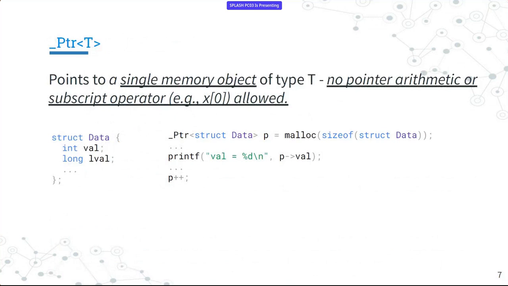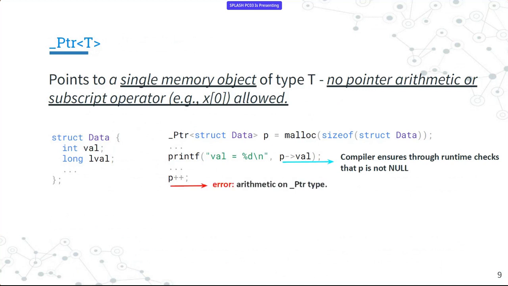To give an example, here we have a pointer annotation. As I mentioned before, a pointer is a pointer to a single object. The way you annotate the pointer is as shown on the slide. This is simple C code, except for the additional annotation we added to the pointer. Once we write it and compile using the Checked C compiler, the compiler adds a runtime check to make sure that the pointer P that you are accessing is not null. And it disallows any pointer arithmetic on a variable that is declared as a pointer. So here you will get a compilation error. The type checker will scream at you so that you avoid this.